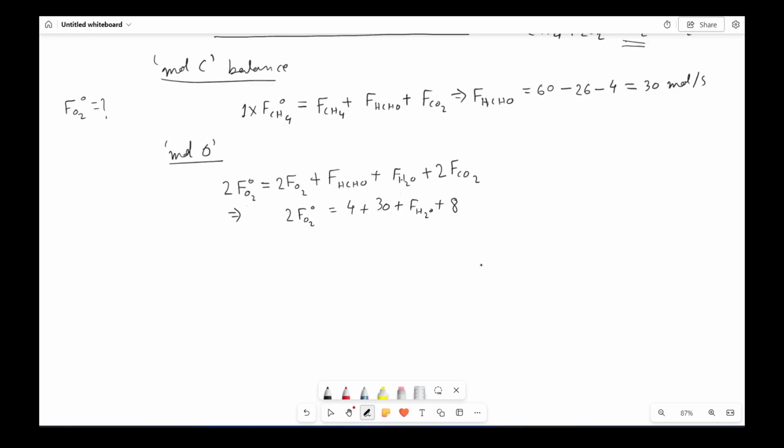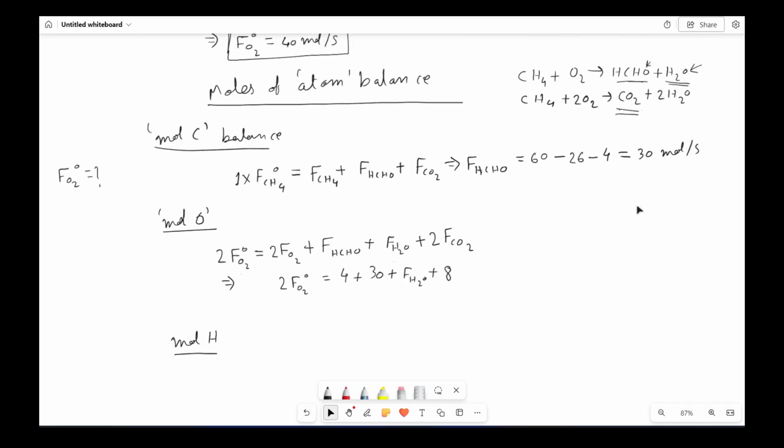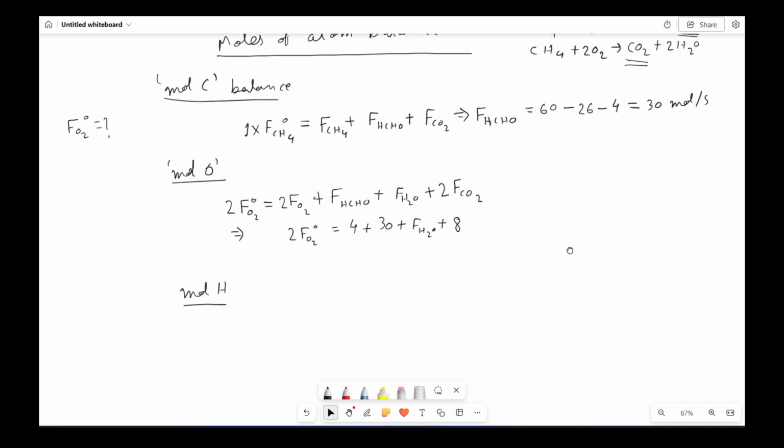Now let me write another atom present in the system, moles of hydrogen atom, because H2O is unknown, H is there. So let me balance moles of hydrogen atom. Now for writing moles of H atom, we see the reaction. CH4 is entering the system. So for each single CH4 molecule, there will be four hydrogen atoms present. So the expression will be 4FCH4 naught